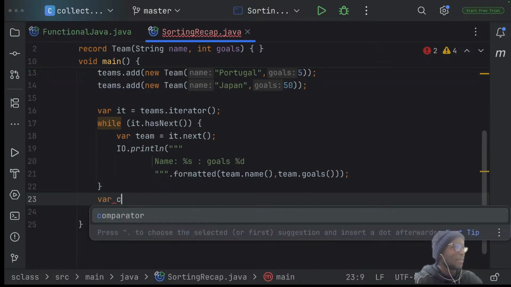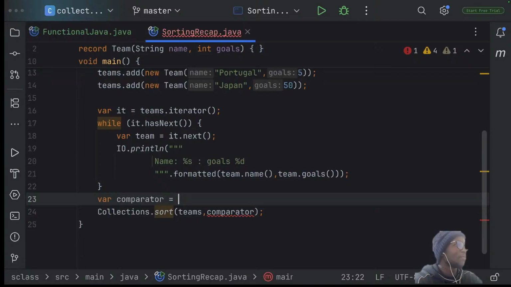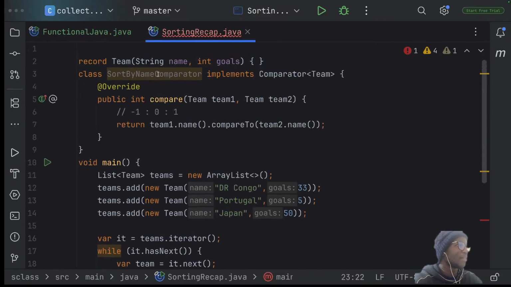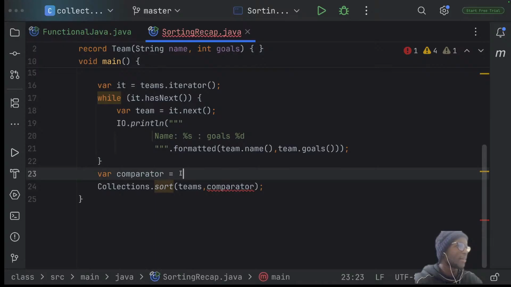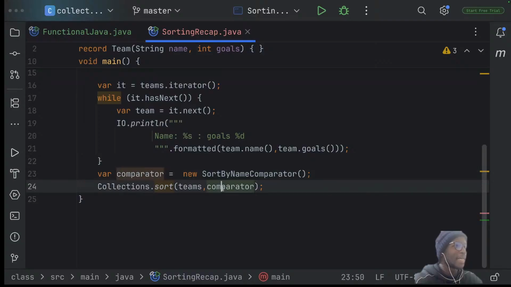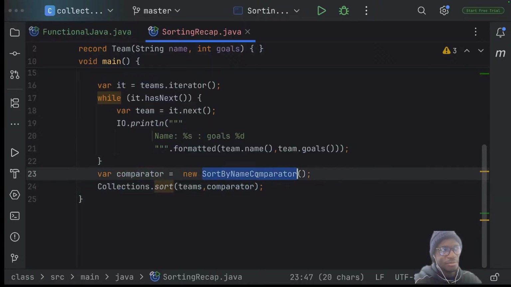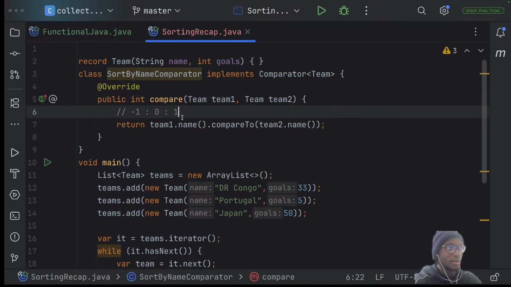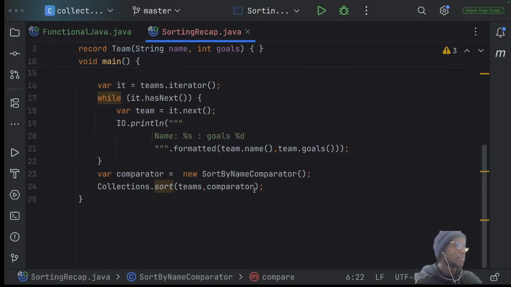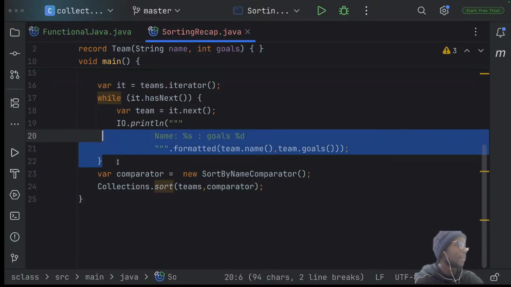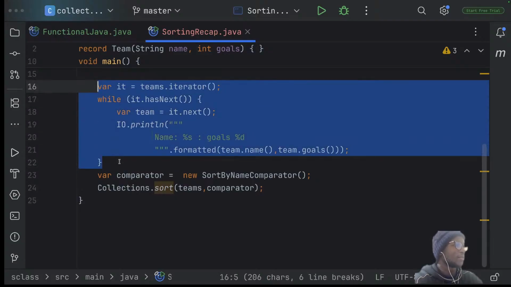So the comparator in this case will be an instance of our sort by name comparator, this one. So I can create a new sort by name comparator and pass that as the comparator. So what this means is I'll give collections.sort the teams that I want sorted, and the comparator, the strategy that it should use for sorting, which means it will look at this compare function and use it for sorting. So if I go ahead and print it as well, I'll just reuse this